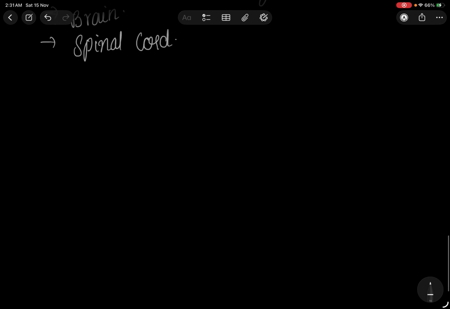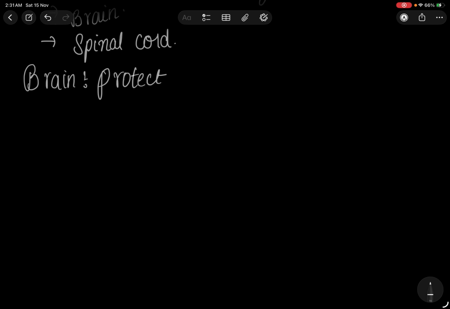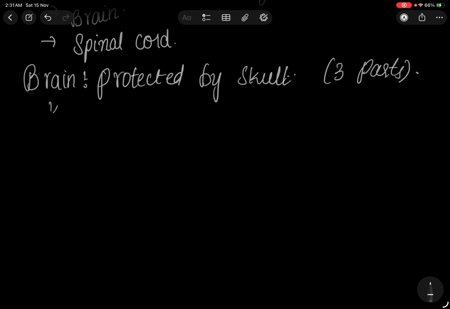Okay, when we discuss about the brain, it is protected by the skull and it has three main parts, that is